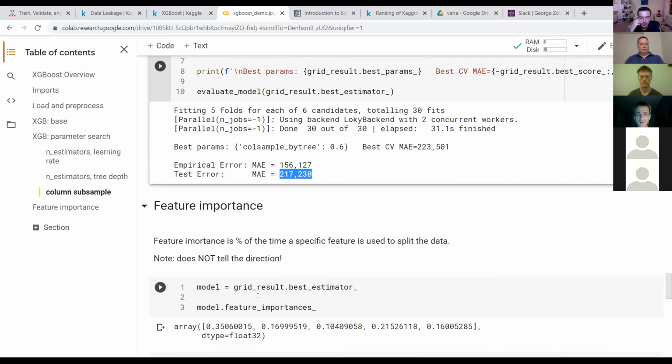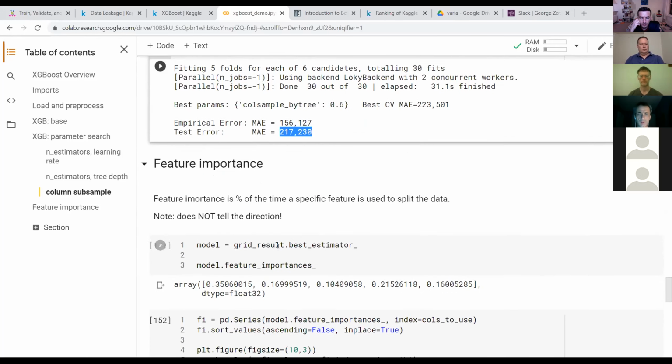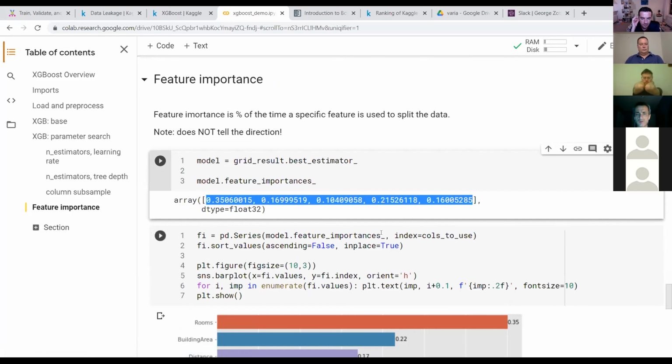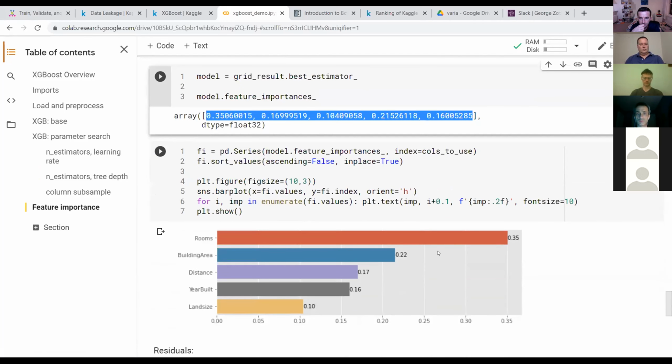You select the best estimator from the previous step, and basically these numbers are the percentage of times the algorithm used that dimension, that variable, as the splitting point, so as the splitting variable. And so the more it uses this variable, the more influential, the more important this variable is for reduction of the error. And so this is how it looks.